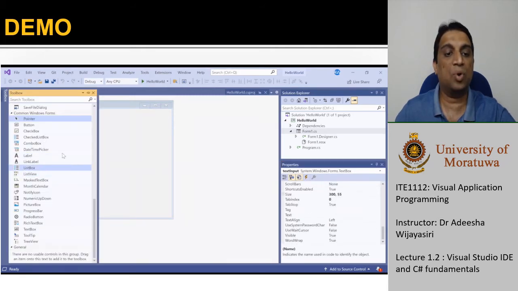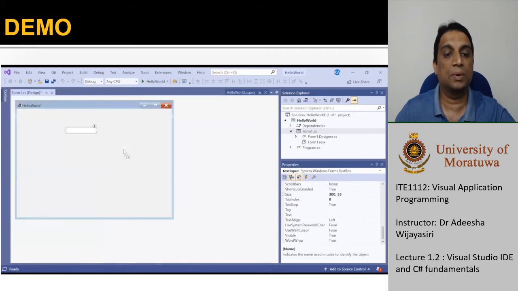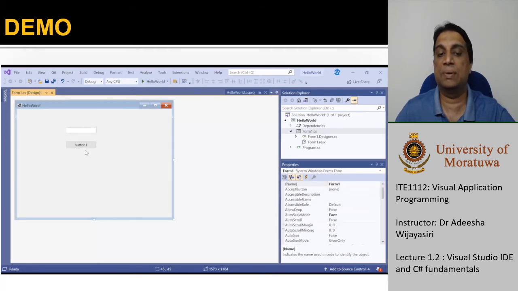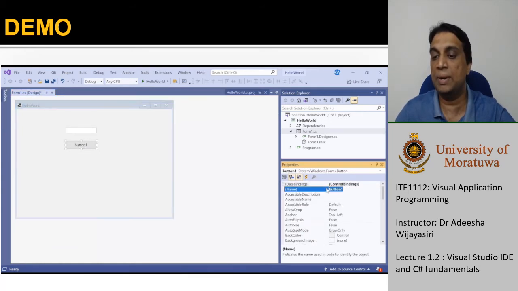Next, I'm going to select a button, drag one and drop it into your application. As before, you can actually resize the button as well. And when you click on that, you can get the properties related to the button. So the variable name, I'm going to change it to button submit.